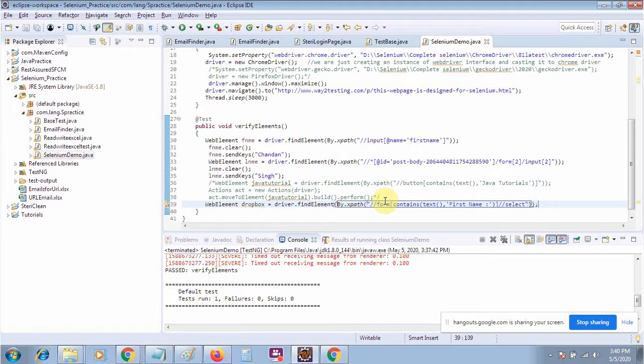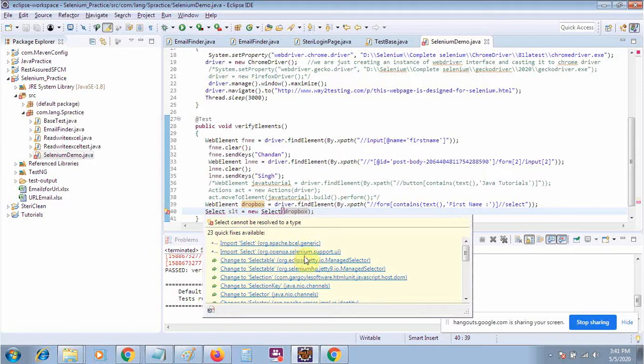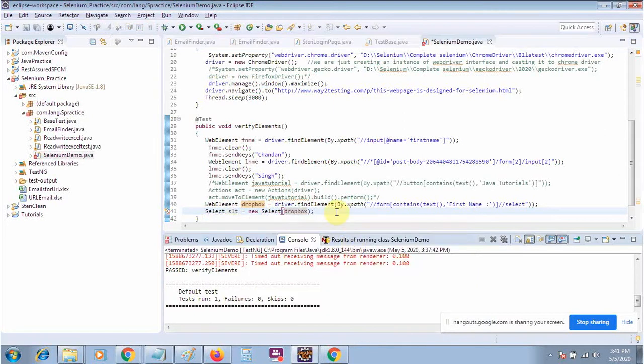Now I will use my Select class. Select slt is equal to new Select, and here I give the web element, which is my web element, Dropbox. I have to import this class. Always remember, there are two options, Apache something, so you do not need that one. You just need to use the Selenium support UI, this one.